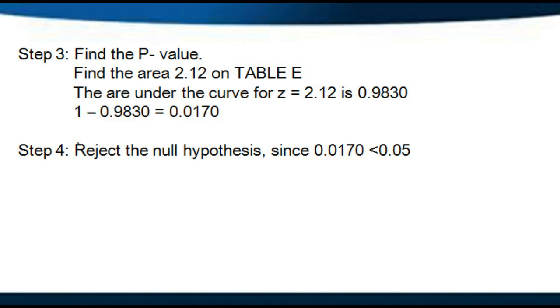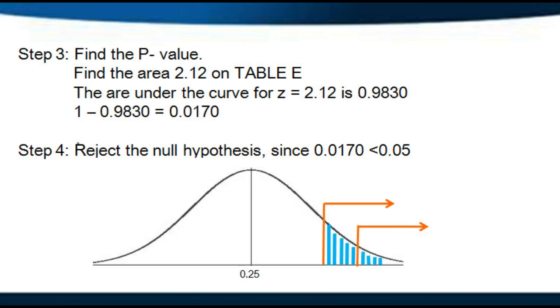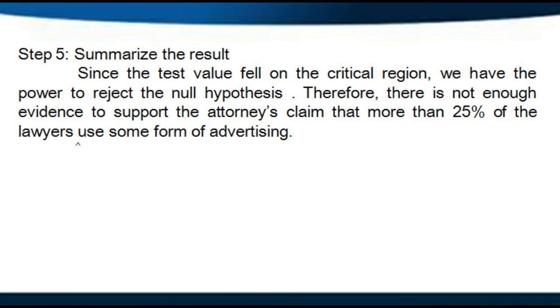Step 4. Reject the null hypothesis, since 0.017 is less than 0.05. Look at the table. Our test value falls under the critical region, which is 0.05. Step 5. Summarize the result. Since the test value fell in the critical region, we have the power to reject the null hypothesis. Therefore, we can conclude that there is not enough evidence to support the attorney's claim that more than 25% of